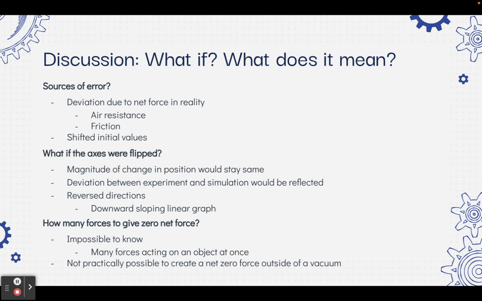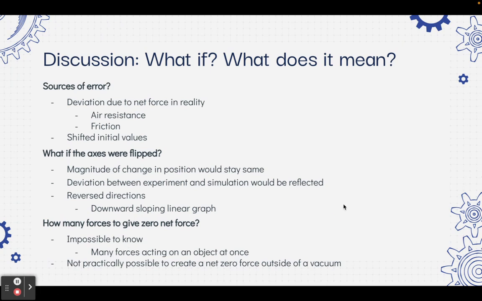If the axes were flipped, the magnitude of change in position would stay the same. Therefore, the deviation between the experiment and the simulation would still be reflected. However, directions would be reversed, which means that the stress ball would be moving in the negative x direction at constant velocity, which would create a downward sloping linear graph. It's impossible to know how many forces are acting on an object at once, because there are many small scale forces acting on an object at any given time, such as gravity between masses or air particle collisions, that make it near impossible to actually create a net zero force